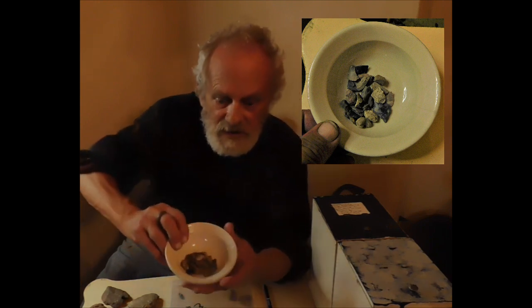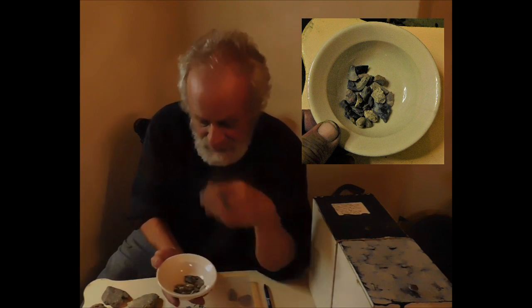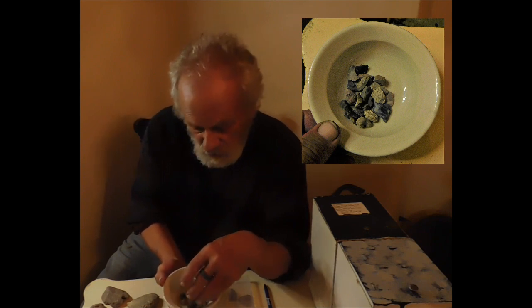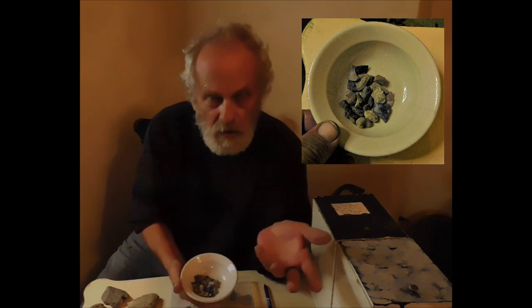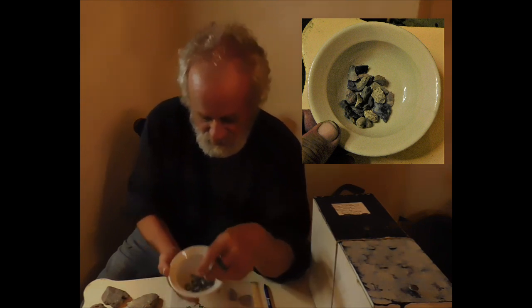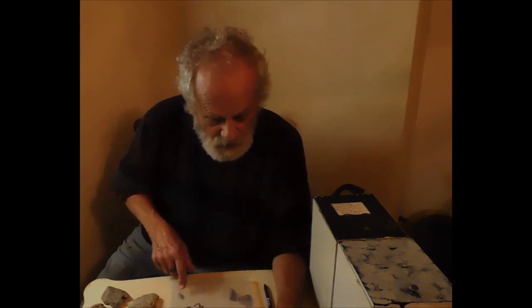But also, today, I went out to one spot with the intent of just spending a couple hours there looking for small artifacts. It doesn't look like it, but there's quite a few pieces in this little bowl, and some of them I think are completed artifacts. Not quite as nice as that one I just showed you, but complete nonetheless. All right, now,